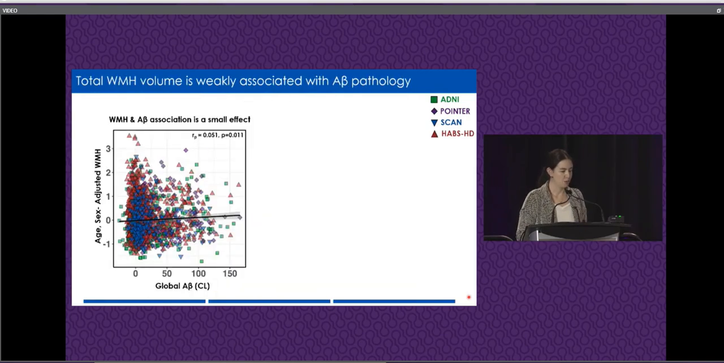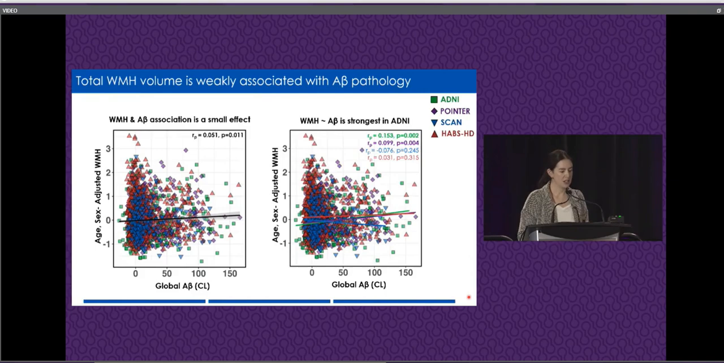So we're going to start off, in terms of our biomarker associations, by looking at global amyloid associations with white matter hyperintensities. And you can see that there is an association, but it's a small effect. And if we look at this across the different cohorts, you see that this effect is strongest in ADNI. This might be related to the fact that ADNI was really recruited as an AD-specific sample and has the highest